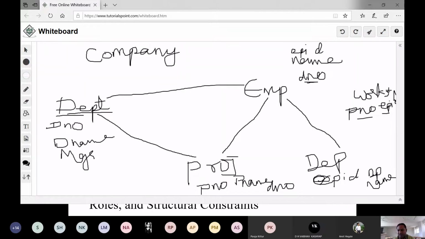the company says, I will have n number of departments. That means the company will specify how many departments it requires. Minimum it will be 4, maximum maybe n. But to run any company, normally we maintain a minimum of 4 departments. Okay, so in 4 departments, at least I will have some n number of employees. Imagine in each department, if I want a minimum of 10 employees, maximum n number of employees